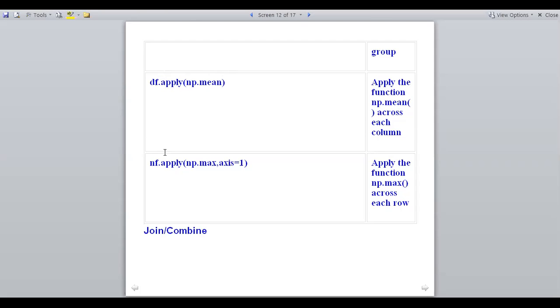And df.apply(np.max, axis=1) will display the maximum value: apply the function np.max across each row. And join or combine: what does it do? It joins the columns together.